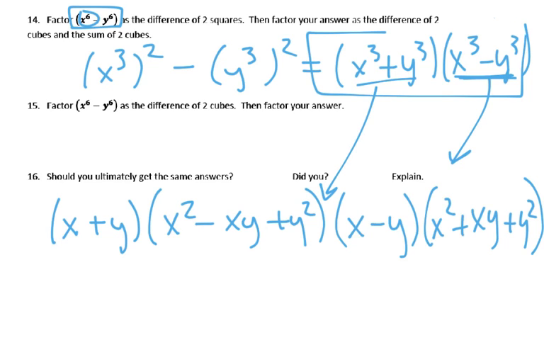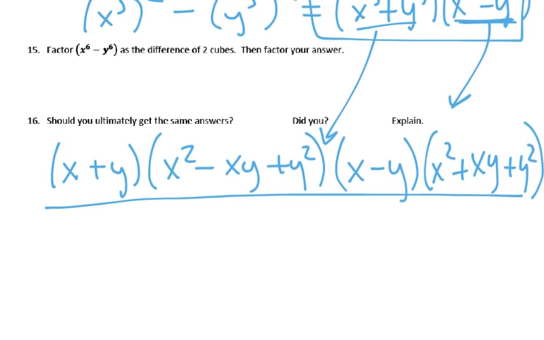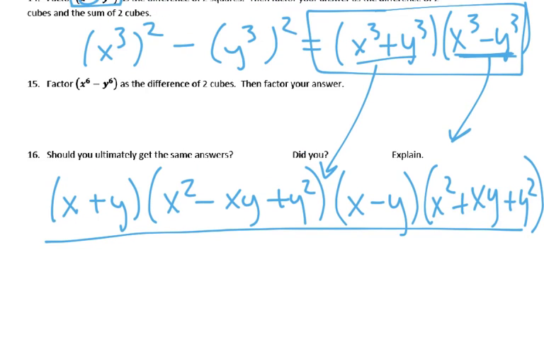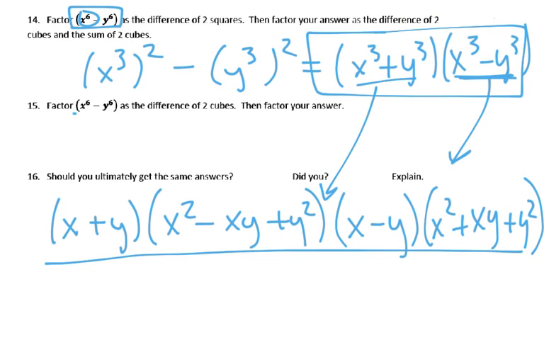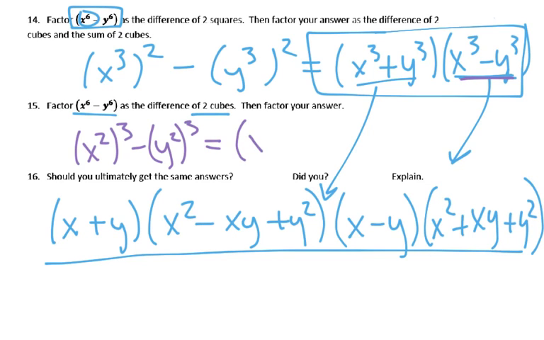So this was for the first part, and then this part. Then, I guess you could say, could we do anything else with that? Probably not. Okay, that's pretty much it. So then it says factor this as a difference of two cubes. So that means it would be x squared cubed minus y squared cubed. So it would look like this one. So we'd go x squared minus y squared times